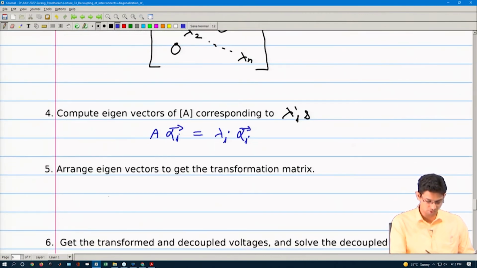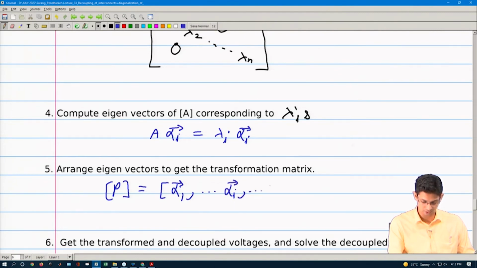Then you arrange all those eigenvectors to basically give you P, right. So, your P is alpha 1, alpha i, going up till alpha n,